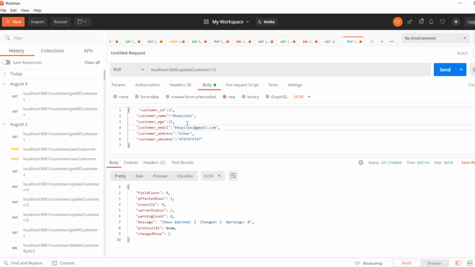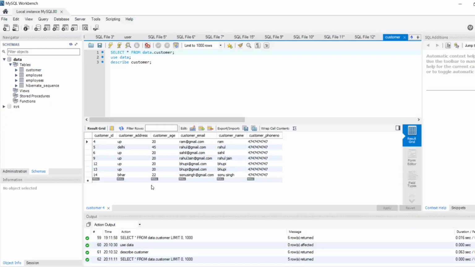Okay. If you don't pass this ID, I don't think this ID will matter here, so we can also remove that ID. Now we check: changed row 1. If you go and check the MySQL DB, here if you see, Bhupi cool. So guys, all our endpoints are working absolutely fine.